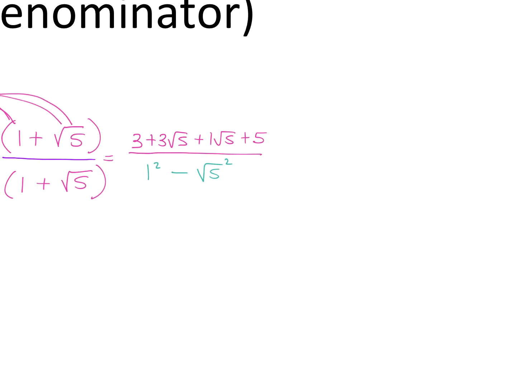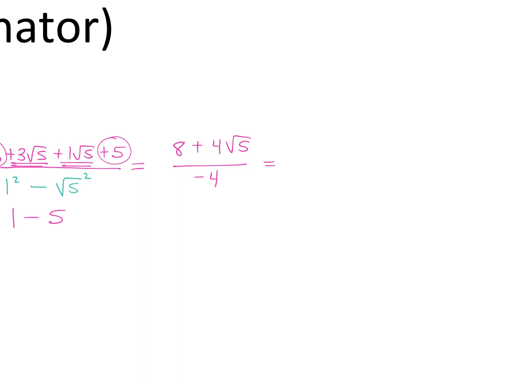Okay, now simplify. You have up top 3 plus 5 is 8. 3 rad 5 plus 1 rad 5 is plus 4 rad 5. Okay, and then on bottom, you have 1 minus 5. So you have a negative 4. Okay, now here's the deal. All of those you can reduce, right? If we divide everything by a negative 4, we'll get a 1 in our denominator, and that's beautiful because now we don't have that fraction form anymore. So divide by a negative 4, you get a negative 2